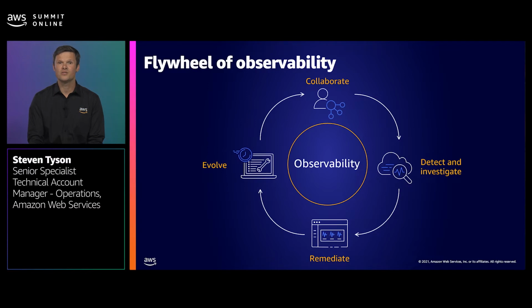Based on your remediations, you should then evolve what you're doing. You should be learning from operational events. You should be investing in automation, and you should also modify architecture patterns and processes as necessary. Now, to evolve things, you need more collaboration with other teams, both technology and business orientated. This should lead to new business metrics and greater understanding of business impacts. This should also lead to new application architecture.